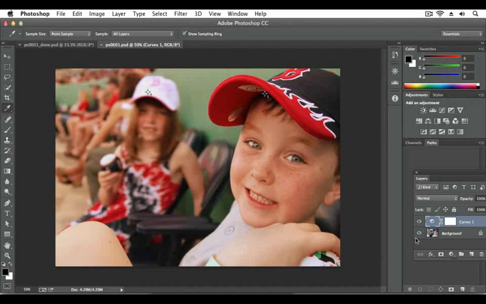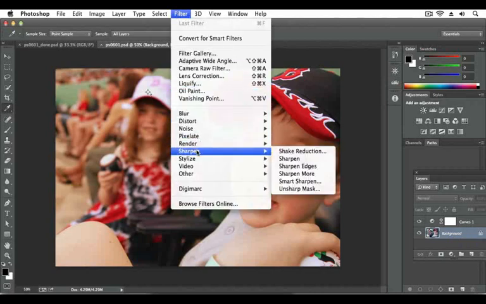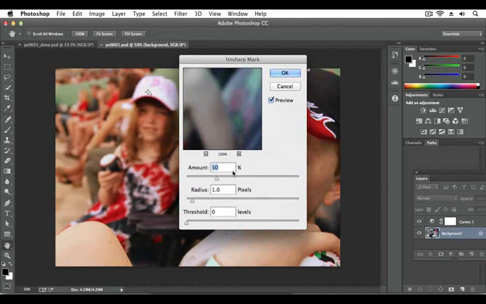One last thing I'm going to do, I'm going to click on the background. So I'm clicking over in my Layers panel on the actual image area. And I'm going under Filter, Sharpen, Unsharp Mask. And how this works is that as a default, Photoshop has set up the sharpening to go up to 50%. You can actually go up to 500% sharpening, and depending upon the subject matter that your image has, you would